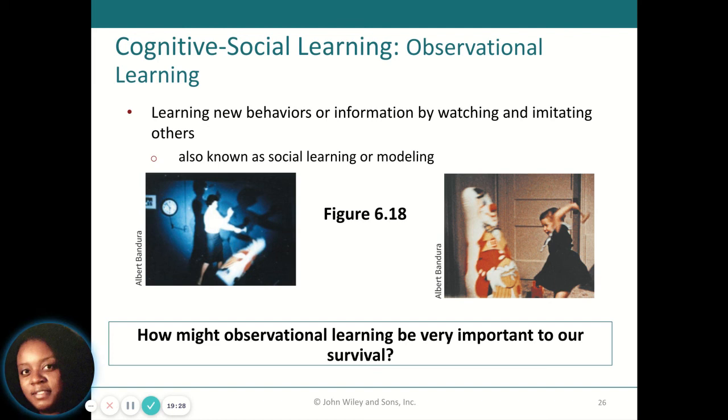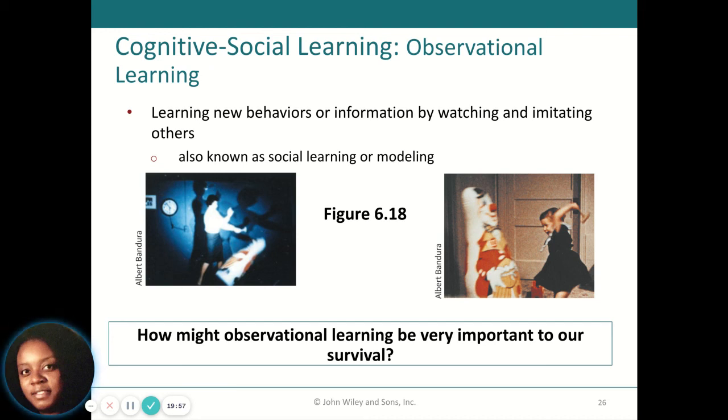We also have the third type of learning, which is observational learning. This is when a person learns a new behavior from watching or imitating others. Observational learning is also sometimes called modeling or social learning. There's a popular experiment in observational learning known as the Bobo doll experiment. And in this experiment, Albert Bandura